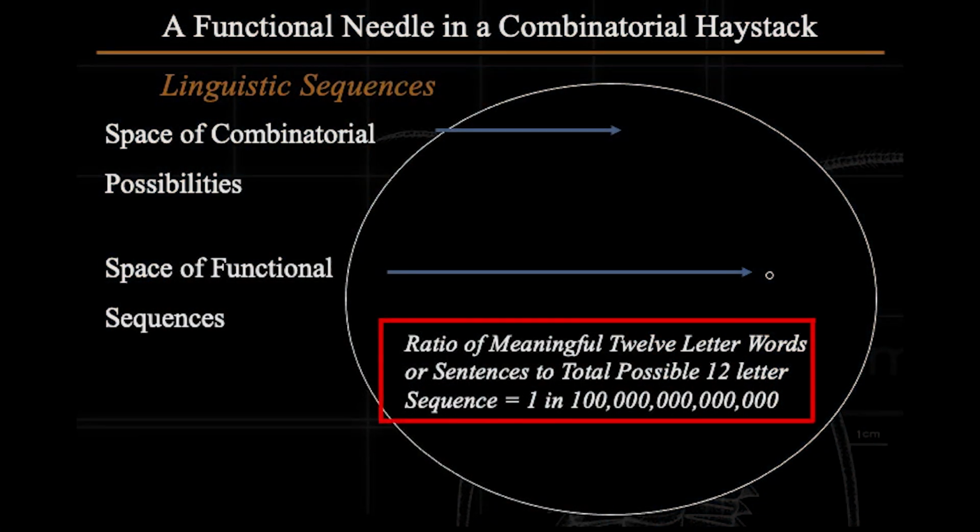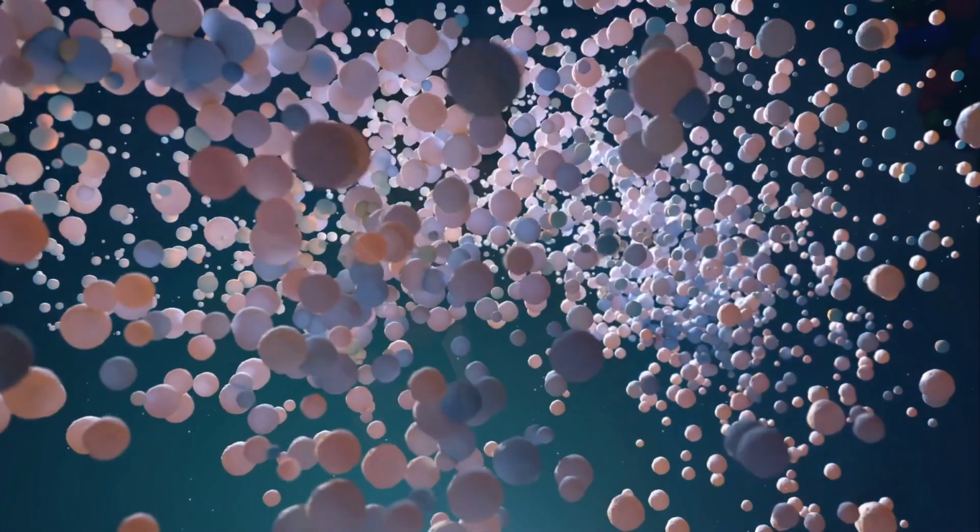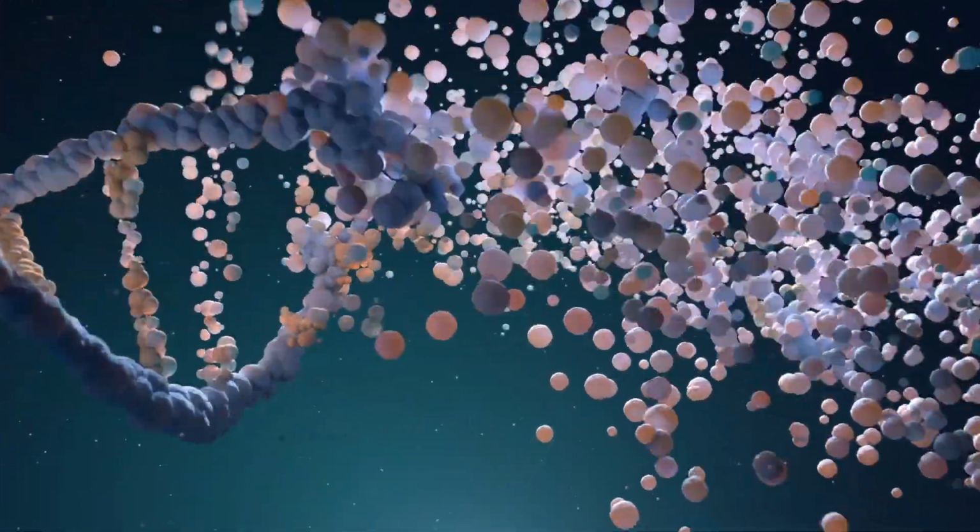Now, the question that many biologists and mathematicians started to ask in the 1960s was, does that same sort of problem apply to the information in DNA? What we know from English is there's a lot more ways to go wrong in arranging letters than there are to go right, to build a functioning word. Is the same thing true of the DNA? Because if it is, then random mutations are going to be much more likely to degrade information than to build it. And what has been discovered is that the DNA protein system of information storage and transmission is subject to this very same problem. There are a lot more ways to arrange DNA characters that will produce non-functional gibberish,